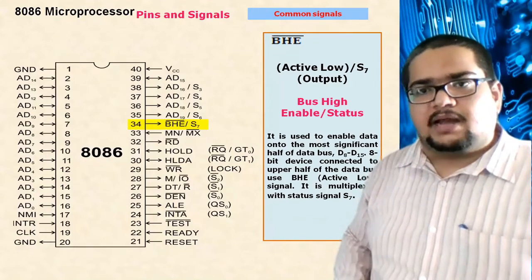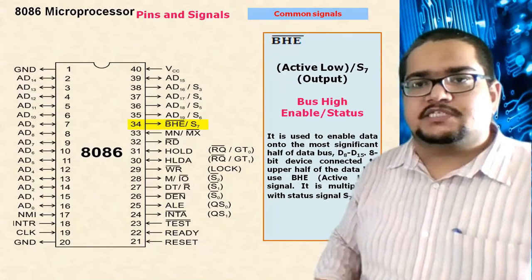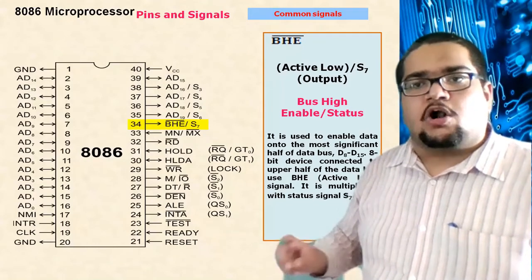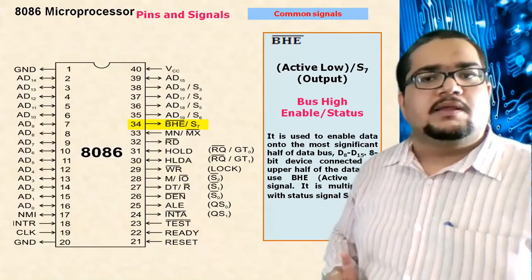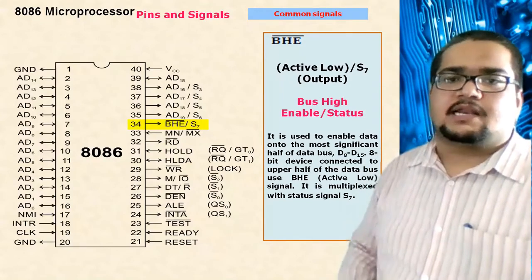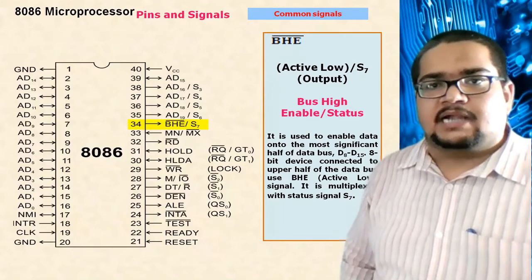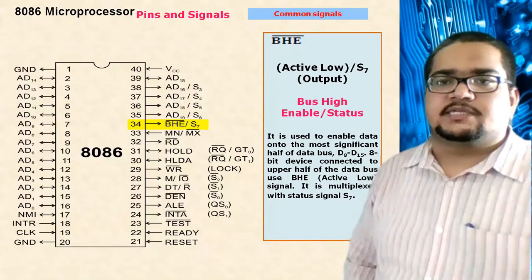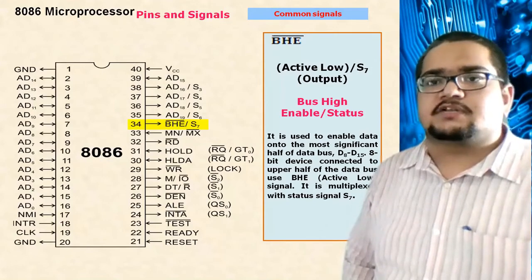Even this BHE bar is an output signal. Okay, this BHE bar is an output signal. From the processor, this goes out to the chip select of the odd memory bank. We have seen earlier, the odd memory bank chip select is connected to the BHE bar signal. Its function is that whenever it is active, and BHE bar is active when it is 0. So to make this one active, you have to make this line 0. You will not make it, the processor will make it actually.